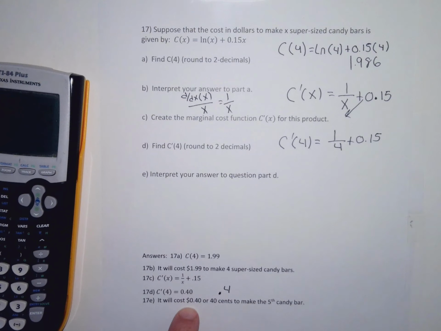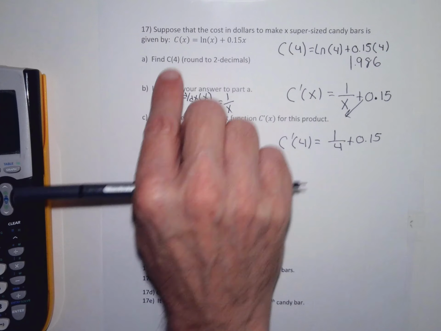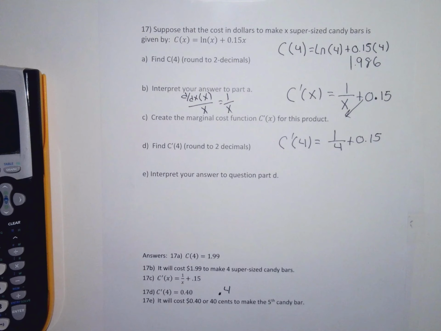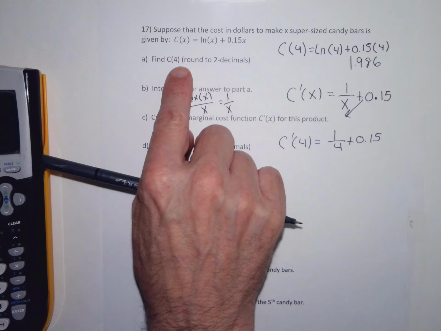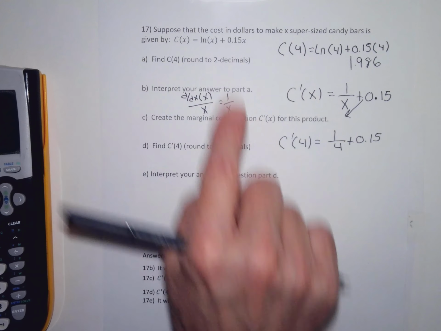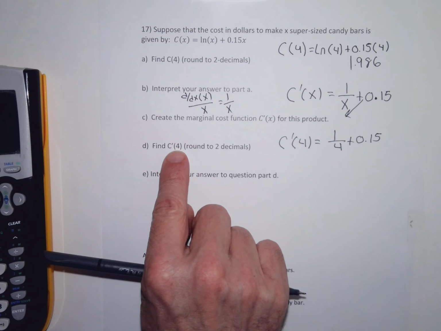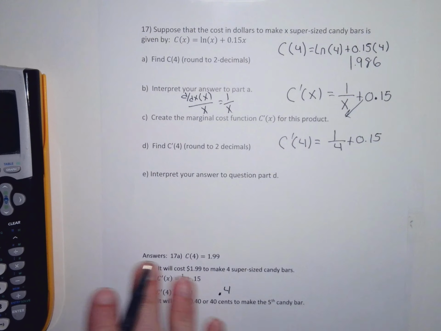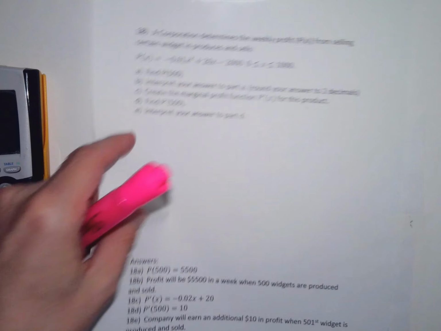It costs $0.40, which is the same as 40 cents, to make the 5th candy bar. So it's important to know the difference between marginal and total. Plugging numbers into the cost function gives you the cost to make that many candy bars, in this case the cost to make 4 candy bars. Plugging the same number into the marginal cost function gives you the cost of making the next one, in this case the 5th one. Now we do the same questions just with profit as opposed to